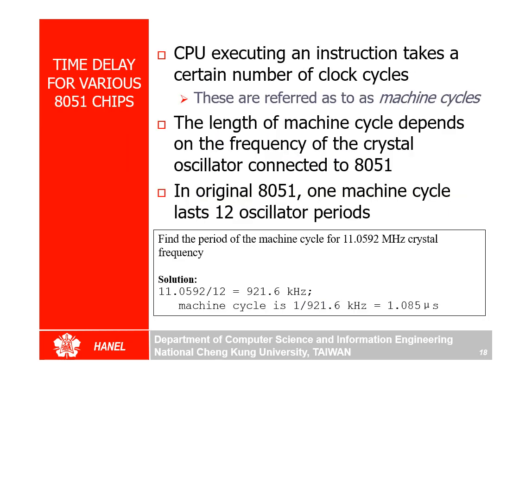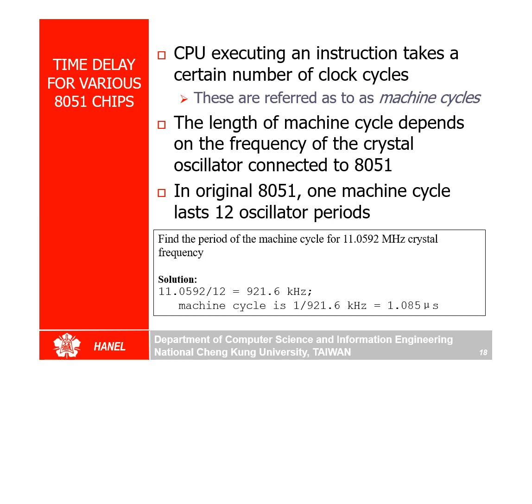Okay, now let us see how to calculate the time delay. For time delay calculation, the standard form is the same for all questions. The first thing, you have to calculate the machine cycle in microsecond or millisecond. For that, crystal frequency will be given. For example, here the crystal frequency is 11.0592 megahertz. So if the crystal frequency is given, how can you find the machine cycle frequency? Crystal frequency divided by 12. This 12 is constant for the 8051 family.